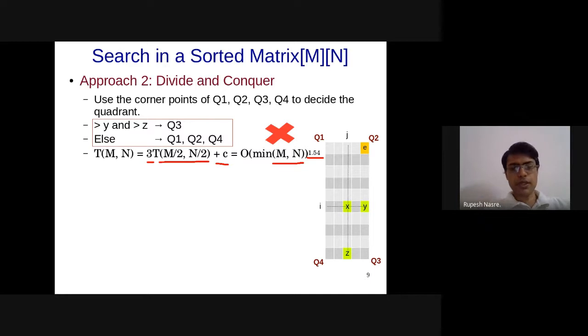So we will go to the algorithm that was suggested to us last time, of the elimination. So we are going to eliminate at least one row or one column at a time. But before I move there, any questions?